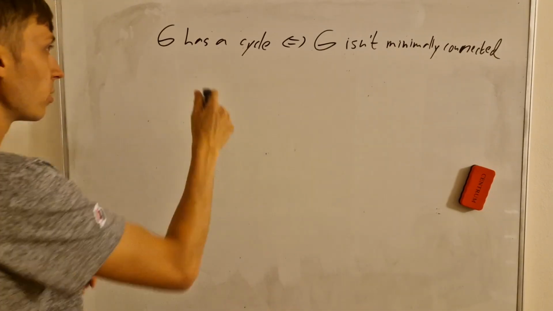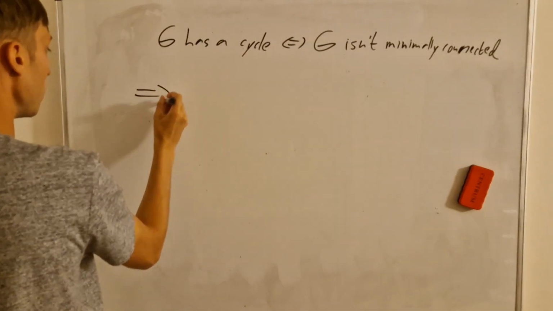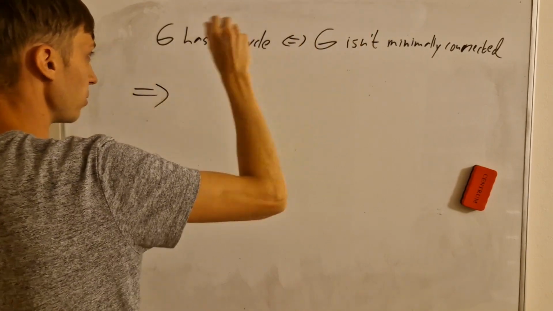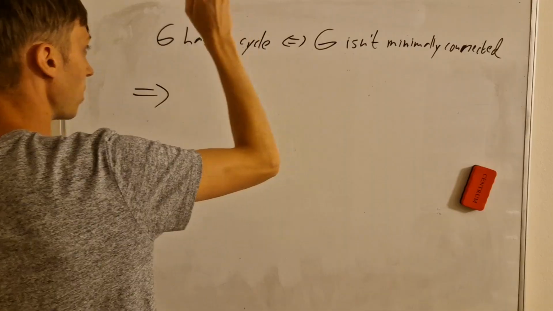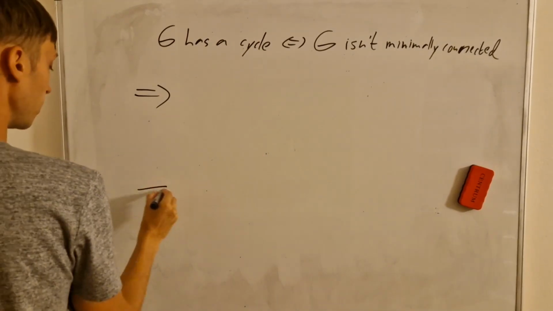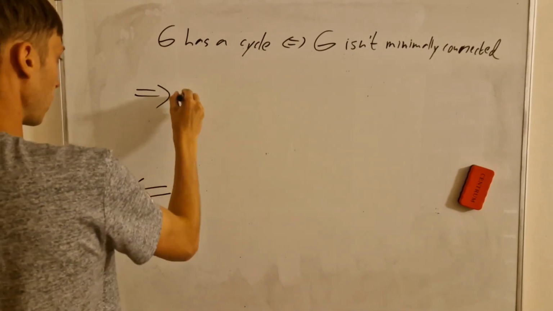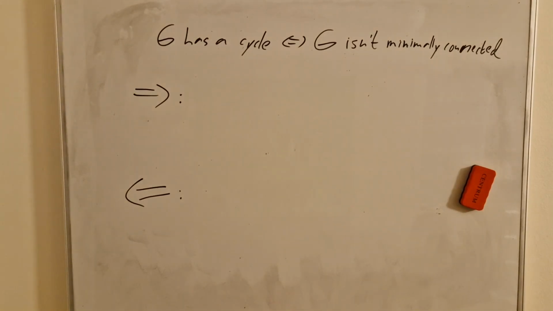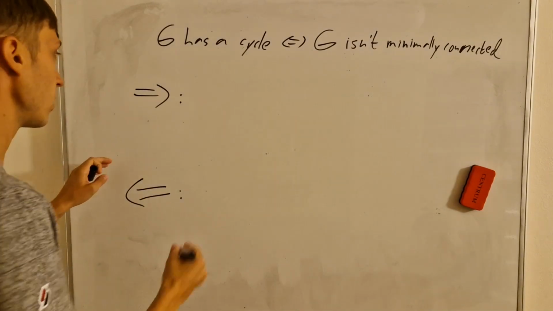And so if we want to prove this, we can take the implication from this statement to this statement, and this statement implies this. If we prove that, and if we also prove that this statement implies this one, which would be the other direction of the implication, then we have taken care of the thing. So let's see. If G has a cycle,